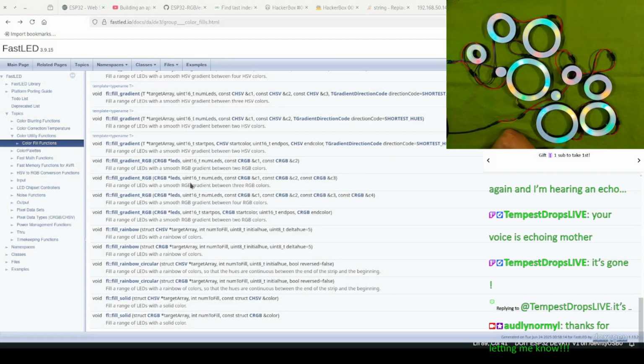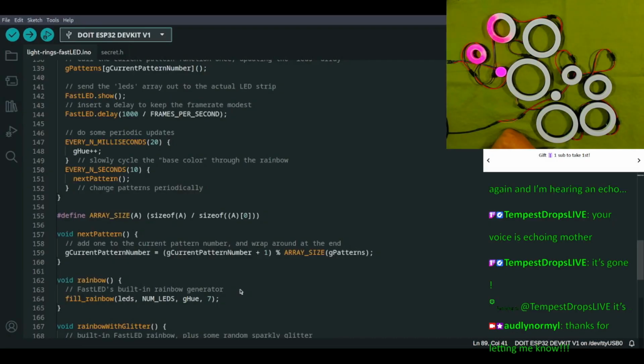All right, I need to switch this back. Okay. So in our setup, we're going to do not scroll text. Oh yeah, no, that is the right one. This is the actual rainbow. Okay.